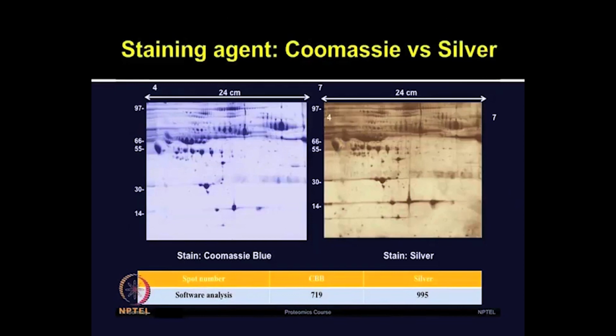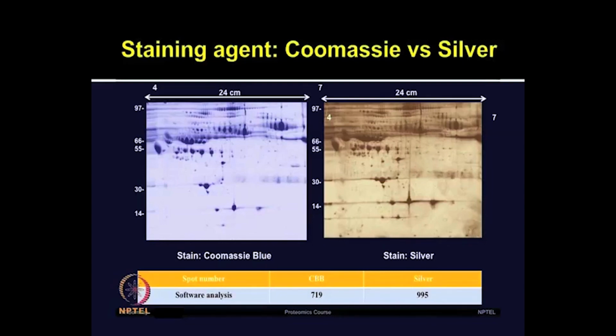We also looked at the effects of various types of staining, whether it is Coomassie blue staining or silver staining. We definitely identified more spots from the silver staining, but because we want to compare a large number of clinical samples with different healthy controls, it was very difficult to standardize the conditions to keep the silver staining uniform. So, to overcome this limitation, we used colloidal Coomassie and biosafe Coomassie staining,